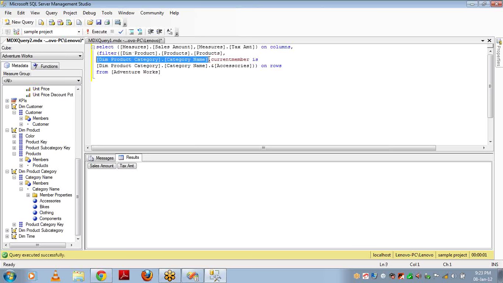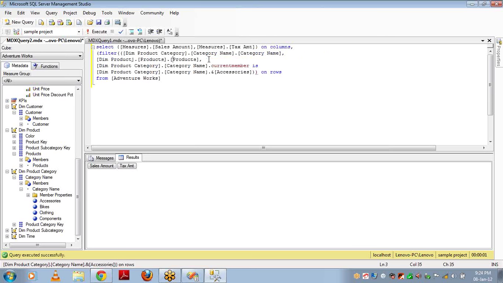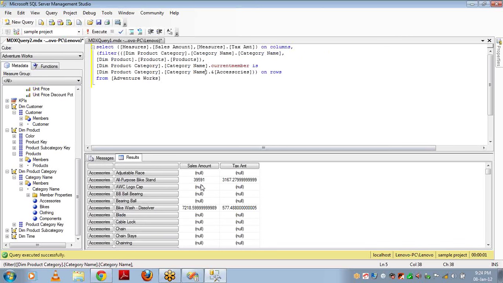This should be part of the tuple set, whatever we are using as the first parameter. So this is my tuple, and I want to filter where category dot current member is accessories. If you see, you will get only accessories data.